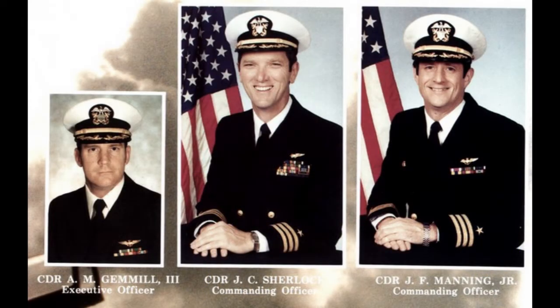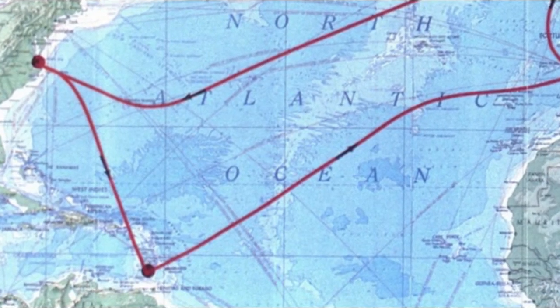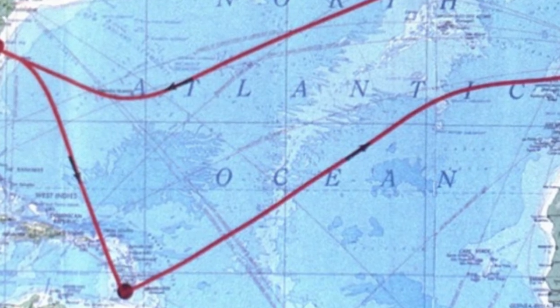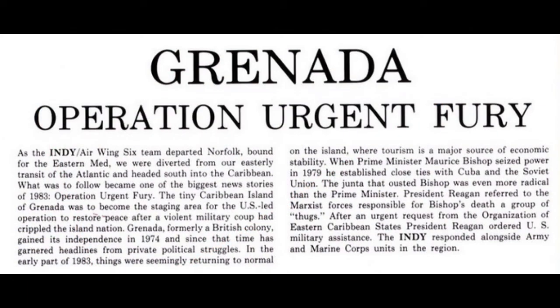and I think we got underway in October, thinking we're going to the Med, and I think we were going over there to relieve Eisenhower, and we weren't underway a day when we were told to turn right and go south, and that was Operation Urgent Fury for when the Cubans had been setting up in Grenada. And so we headed down there,